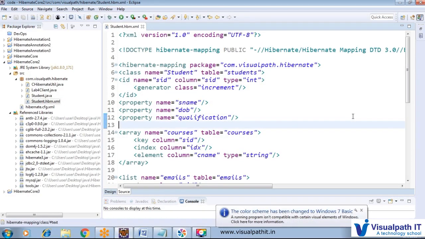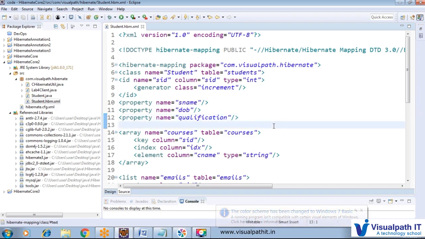We already saw how we can write a program with Hibernate core with XML configuration, basically XML mapping, and how we can write the same program and convert it into annotations. There we removed the HBM file and created one annotation program. After that, we learned how we can map collection data. Let me refresh that